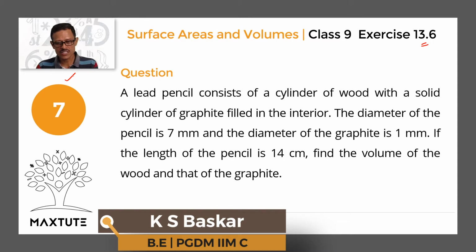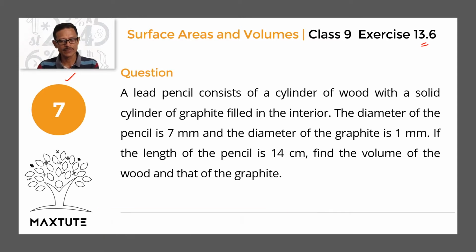A lead pencil consists of a cylinder of wood with a solid cylinder of graphite filled in the interior. The diameter of the pencil, that is the entire pencil, is 7 mm, and the diameter of the graphite in the pencil is 1 mm. If the length of the pencil is 14 centimeters, find the volume of the wood and the volume of the graphite. Let's get started. In step 1, let's find out the volume of the entire pencil, not the graphite, not